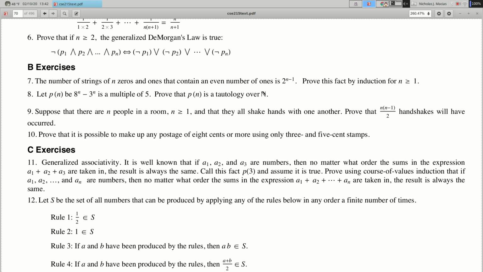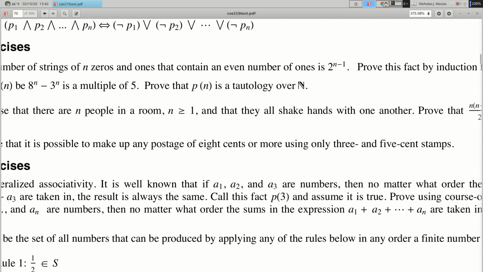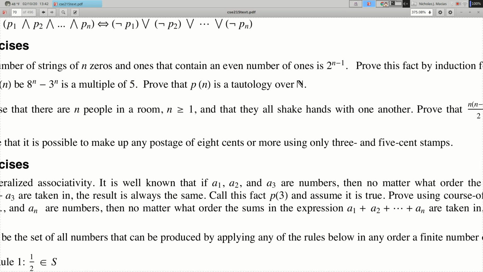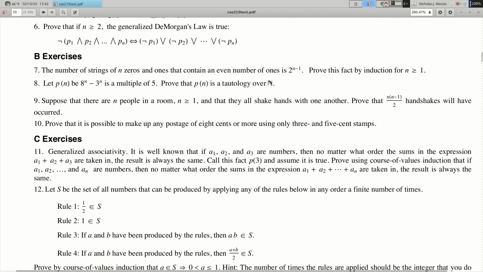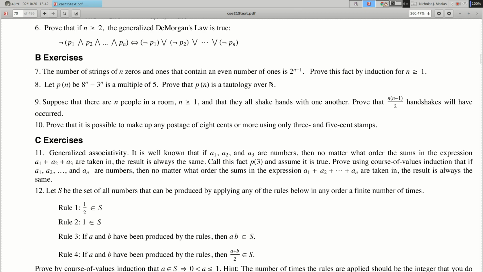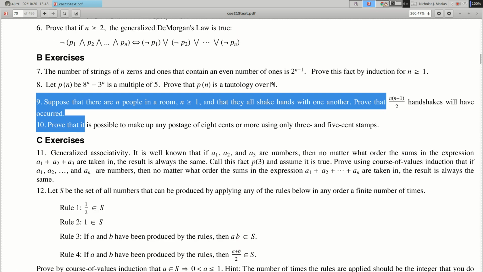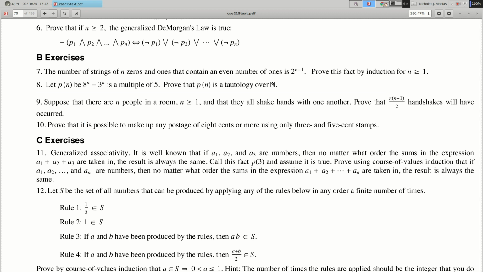N times n minus 1. Maybe. I mean, you just prove the base case and then. Yeah, but. I don't know. No, 6. Yeah,